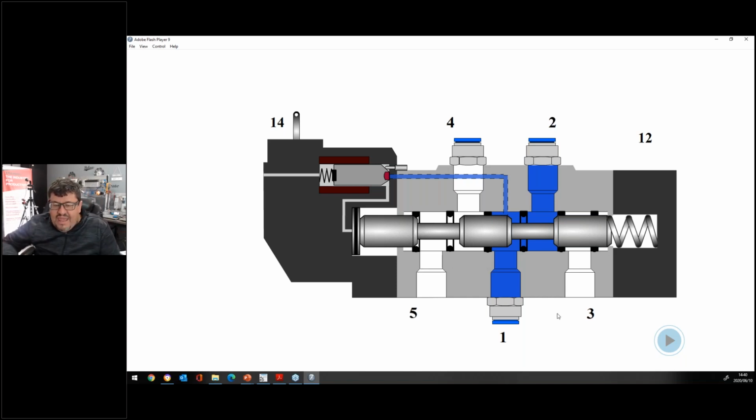Right, now look at this. The air currently comes into our supply on port number 1. And now it flows through, because of the symbol, from 1 to 2. Currently, there's an internal pilot line that I tap off from the main supply. All right. The moment when I energize 14,